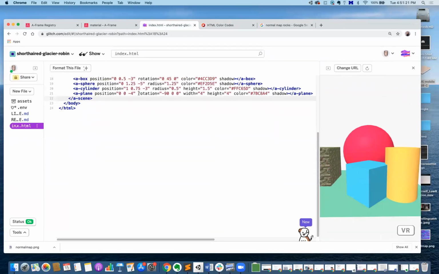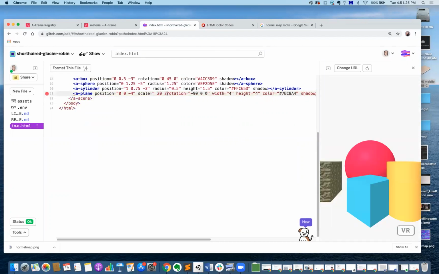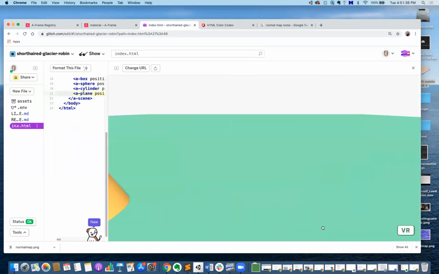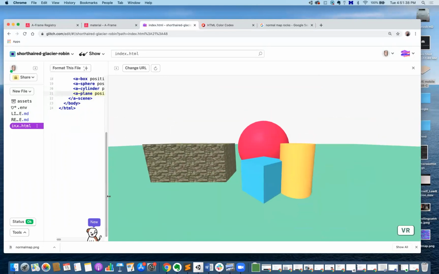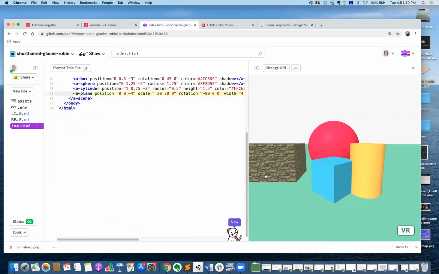And let's scale it 20, 20, 20, or 20 and 20. So there, now I have a big plane stretching out so it looks like ground. And I'm gonna add a grass texture to that. If you go to Canvas,